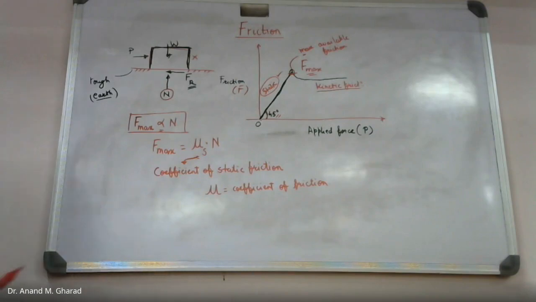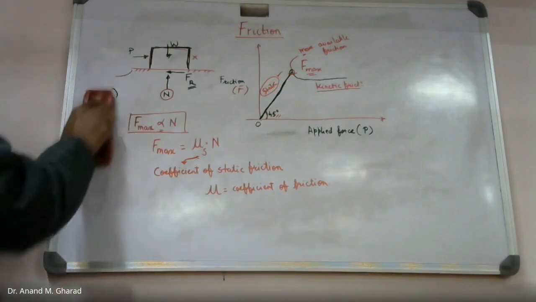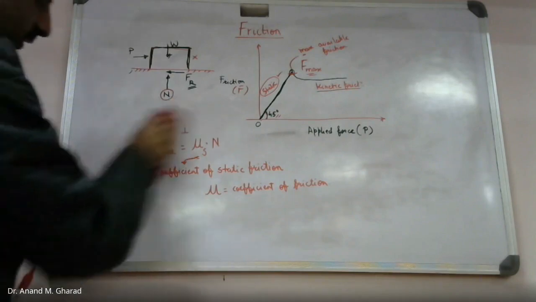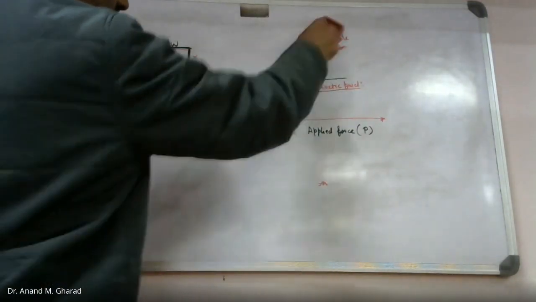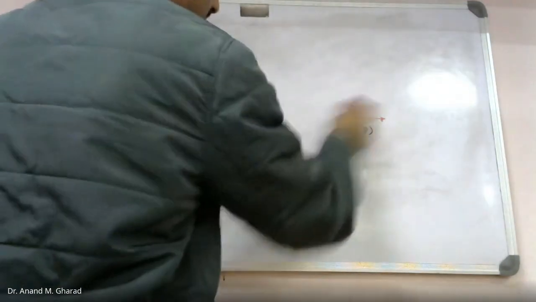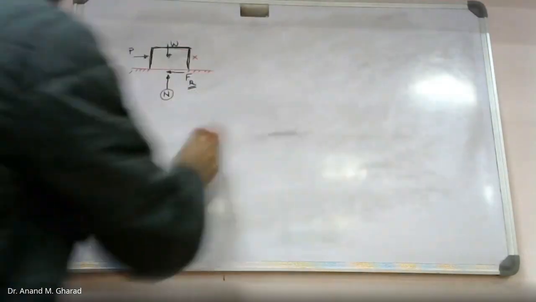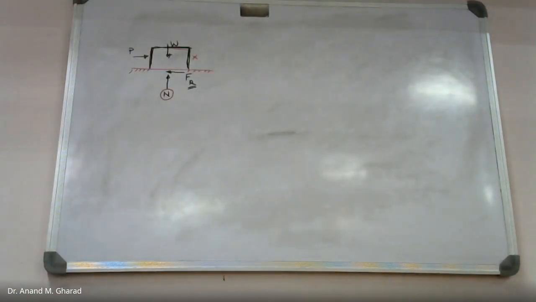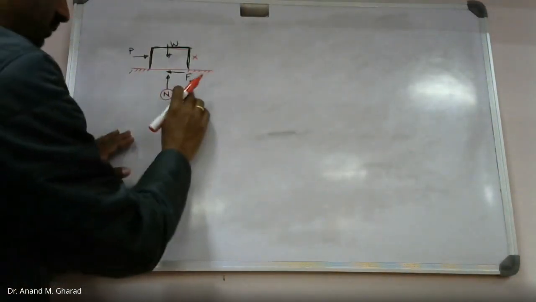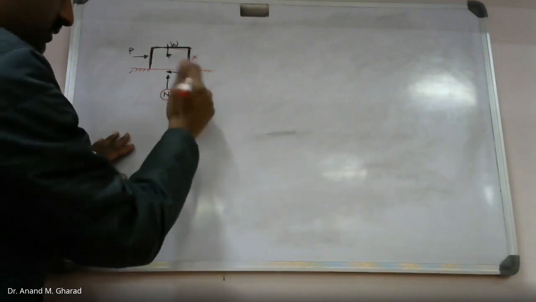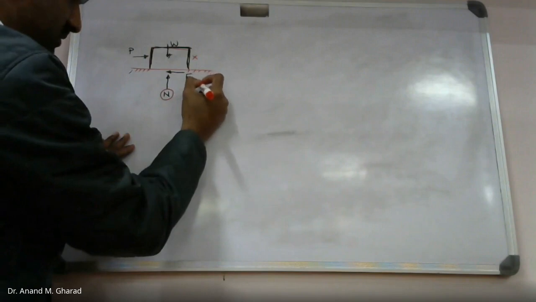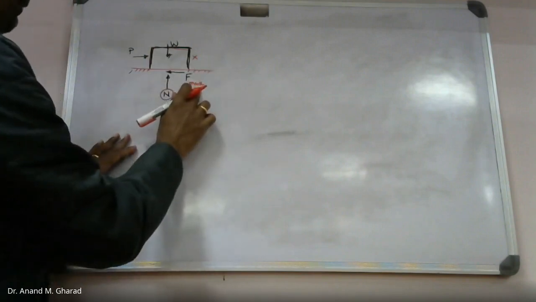Okay. You people know all these things. This is just a revision. Now in this same figure, if I want to represent the relationship, you know, F max, I will call this F max. Why am I calling this F max? Because